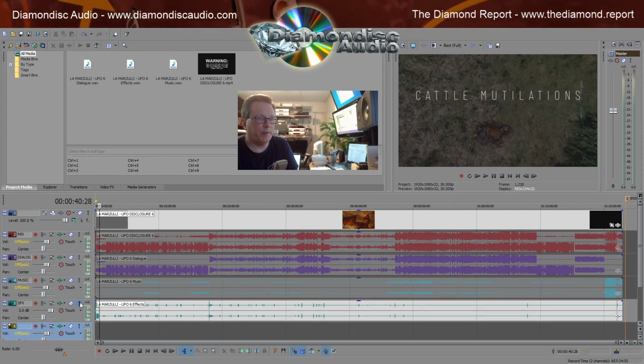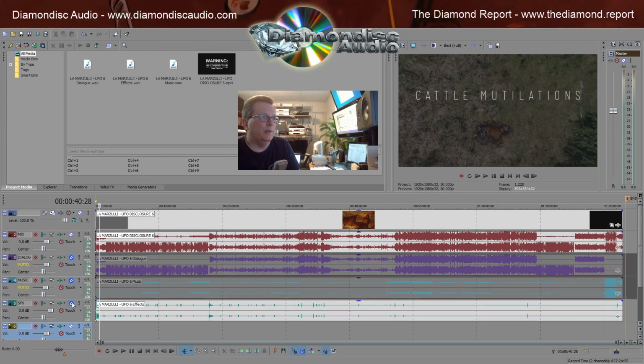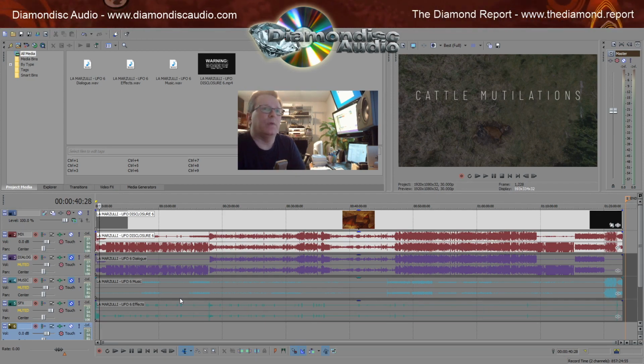So everything's separate. And they're separate so I can control the different volumes between the different tracks, so that hopefully one thing isn't too loud versus something else, if that makes sense. So we're going to try and mix it, which means balance it out as good as possible. But before we can do that, we're going to do some cleanup. So that's where I'm starting in this process.